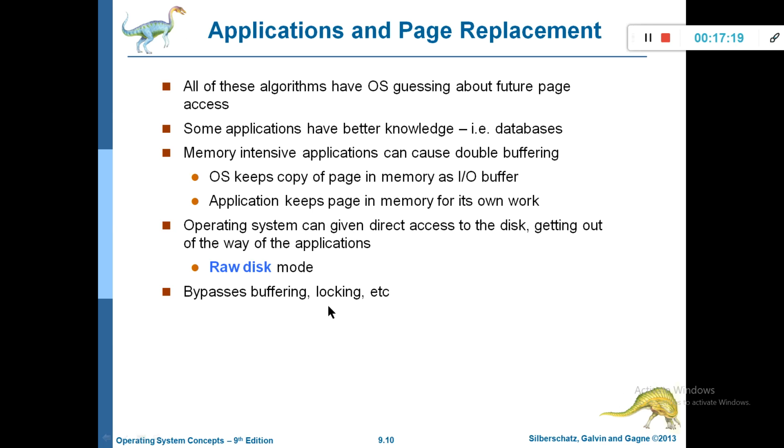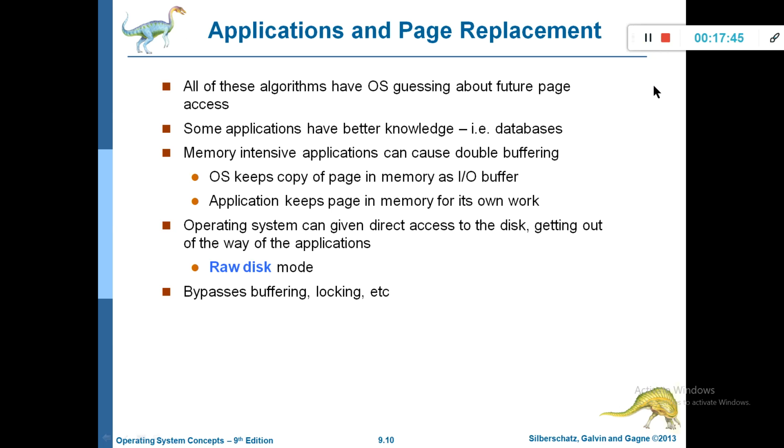So these are the different applications and page replacement methods we use when there is a demanded page that is not in memory, and there is a trap to the operating system called a page fault, when the invalid reference bit is set to i in the page table for the demanded page.